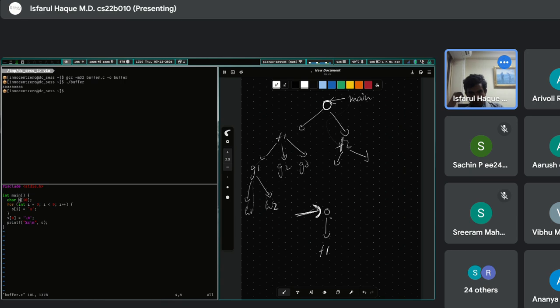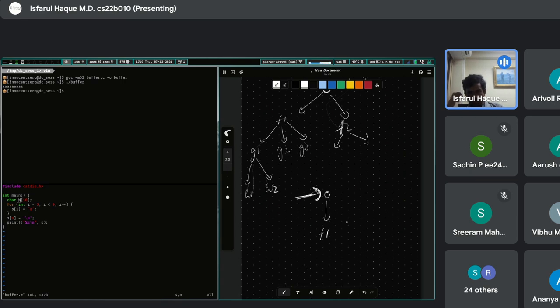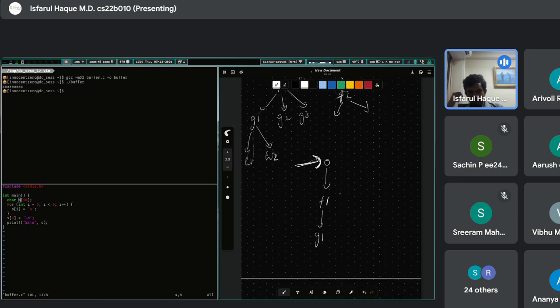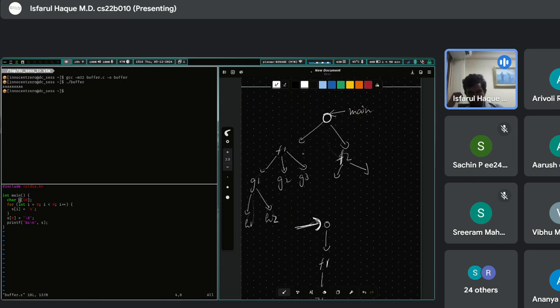Main calls F1. F1 calls G1. G1 calls H1. Then G1 calls H2. So now if I have to draw it on the same tree,